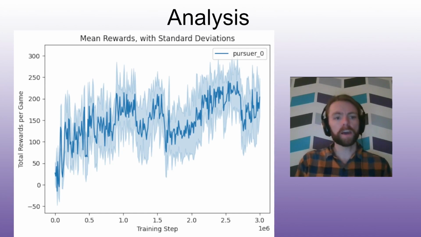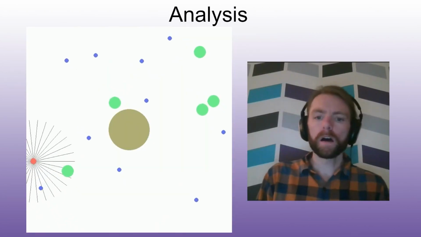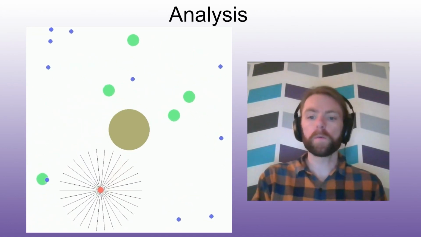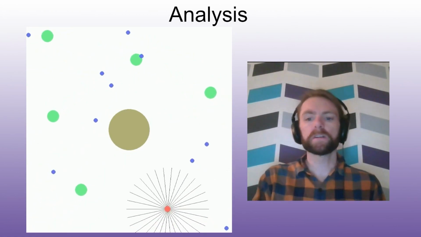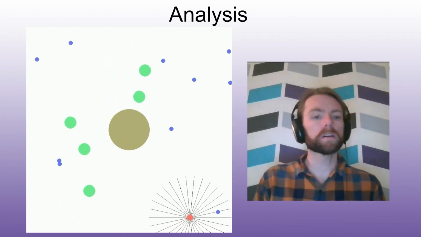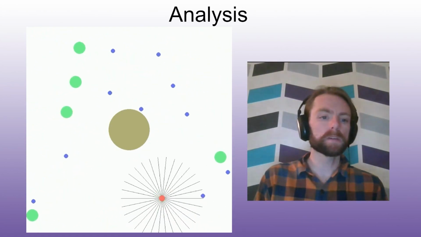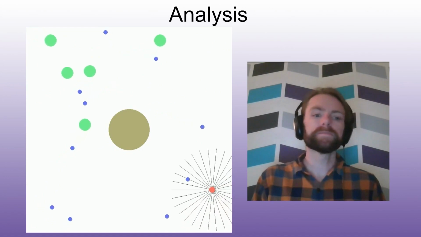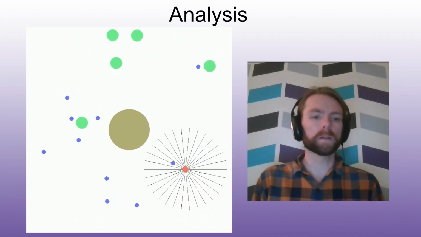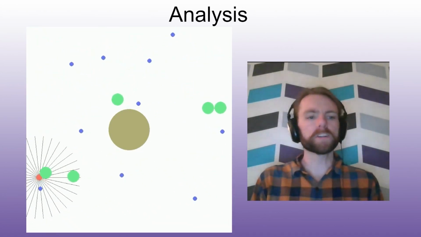As we can see, as the agent continues to learn, or as it's trained over time, the number of rewards improve. The interesting thing about reinforcement learning is that it's not necessarily always monotonic, meaning it doesn't always straight increase or decrease. Here's an example video of what the best version of the single agent interacting with the environment looks like. As you can see, it's bouncing around, attempting to find those green pieces of food while avoiding the poison. It does an all right job.